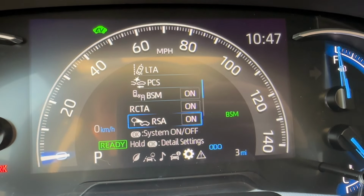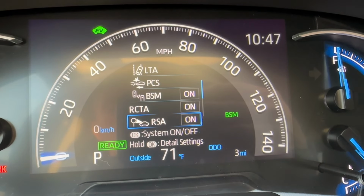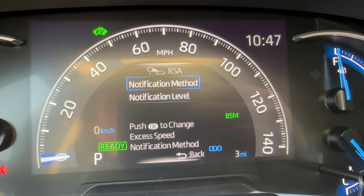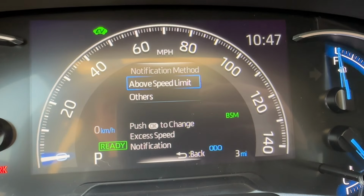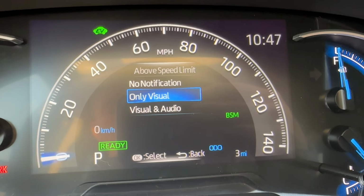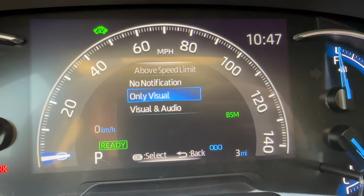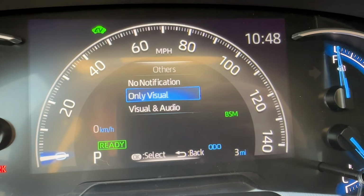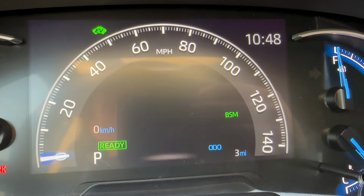Road sign assist reads road signs on the roads and will display them on the display. If I hold OK, I can change the notification method. So I can do for the above speed limit notification to be no notification, visual, or visual and audio. That'll be like an orange border around the speed limit sign. And for others over here,